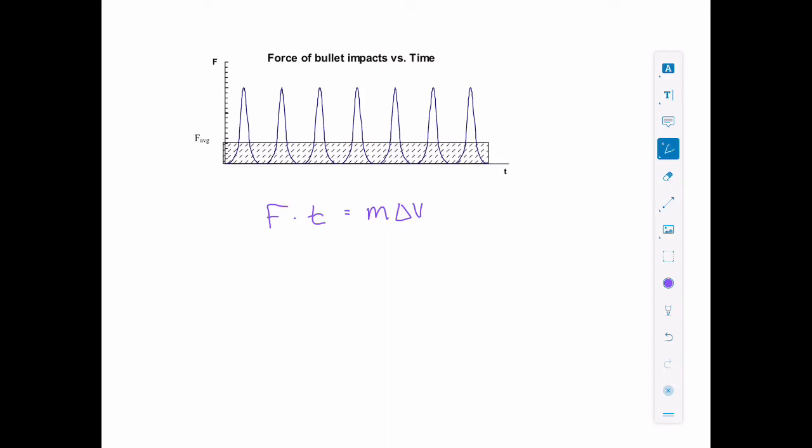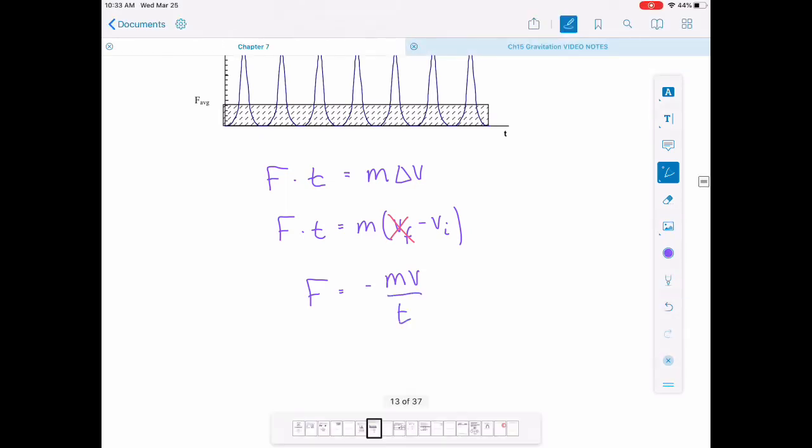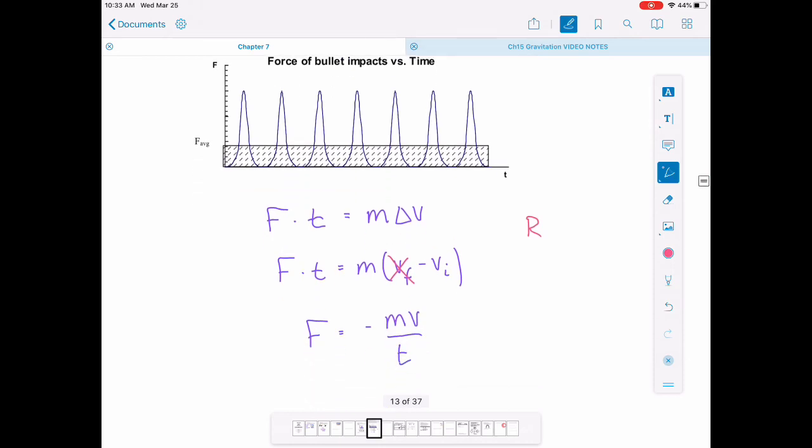All right. That we can then say force times time equals mass times final velocity minus initial velocity. Well, the final velocity, they come to rest, so this really just goes to 0. So what we can say is that the force is therefore negative m times the initial velocity, they tell you, is just v, over the time. Now, they don't tell you the time. They tell you the rate. They tell you it's r times per second. It says r per second. So r times